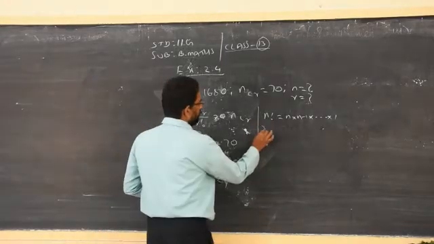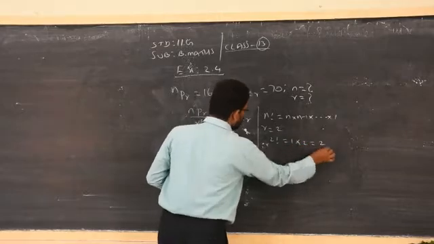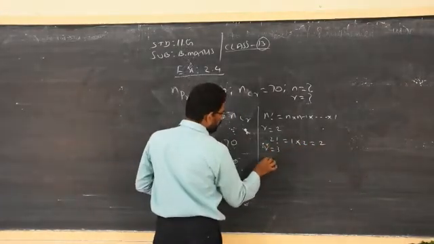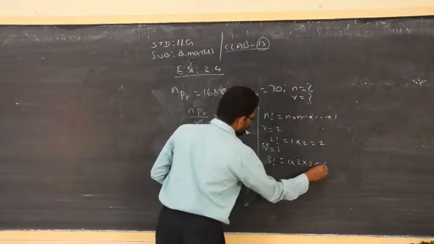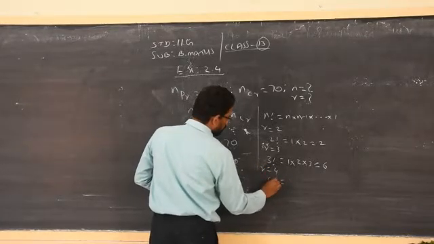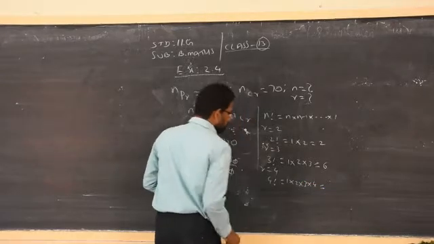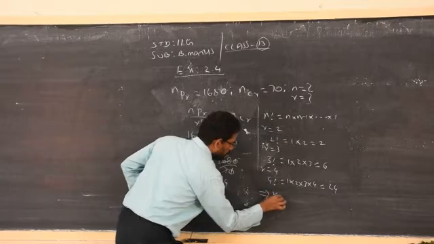So just try with 2. If I am writing 2 factorial, what will be the answer? 1 into 2, 2. But I need 24. So I am replacing r by 3. So 3 factorial is equal to 1 into 2 into 3, which will give you 6. So I am replacing r equal to 4. I will get 1 into 2 into 3 into 4, which will give you 2 3s are 6, 24. So which implies what is your r? 4.